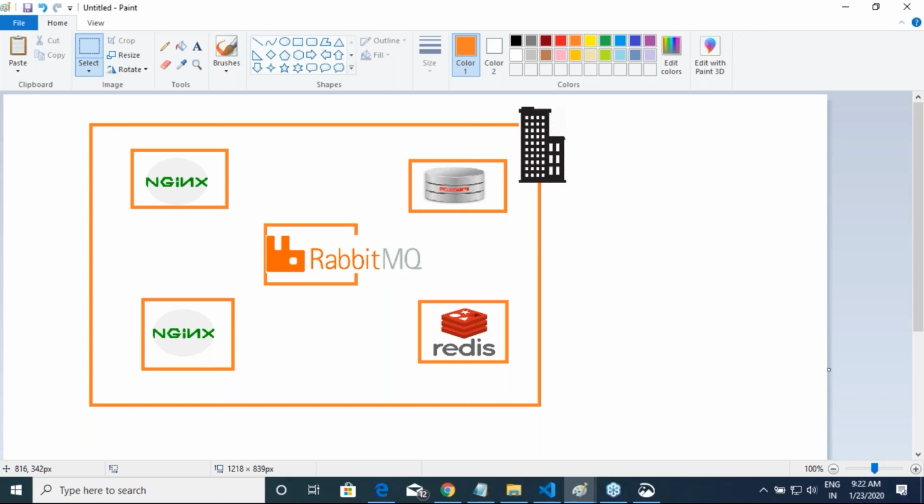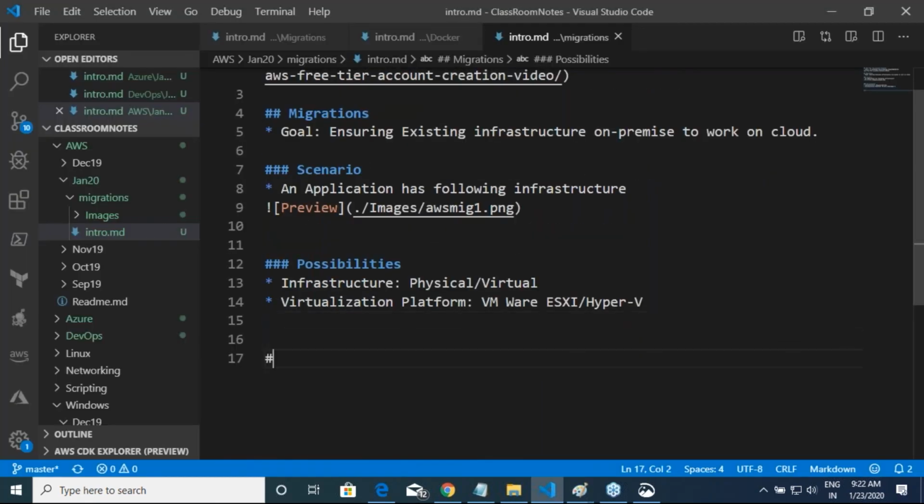So now, coming down to the approach for the solution. The first thing which you need to do is create a